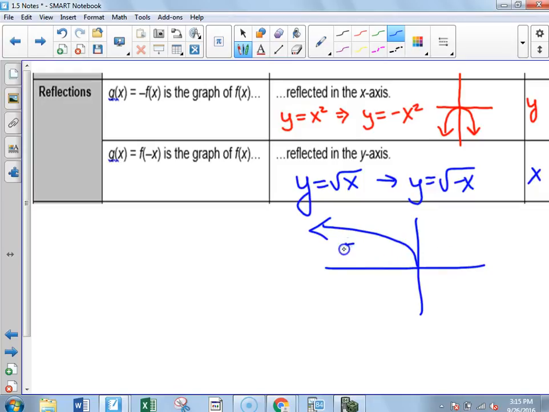This is negative, the square root of -x. The domain here would be -∞ up to 0 only, because you can't put in or get out imaginary numbers. Yep. So if I had done this,